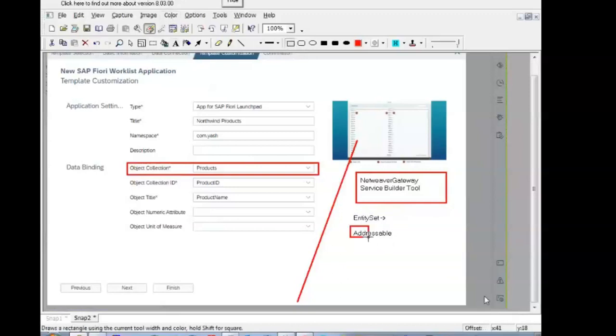So OData developers must check that. It is a checkbox. You have to set it true. If you don't set it true, the UI5 developer cannot see that entity set in the data binding, in the object collection.